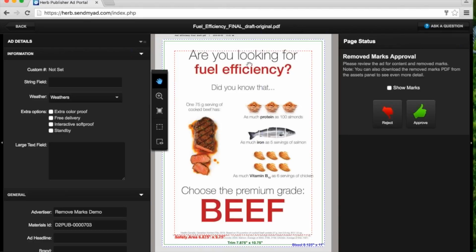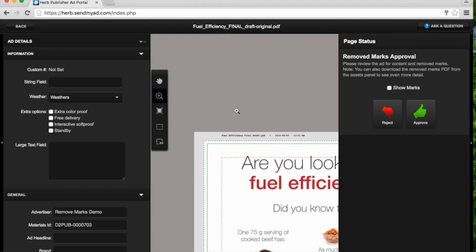Okay. We have decided to leave text outside the trim. So identifying text, you'll see, is up here, but the marks themselves are removed. Now, we give you the opportunity to